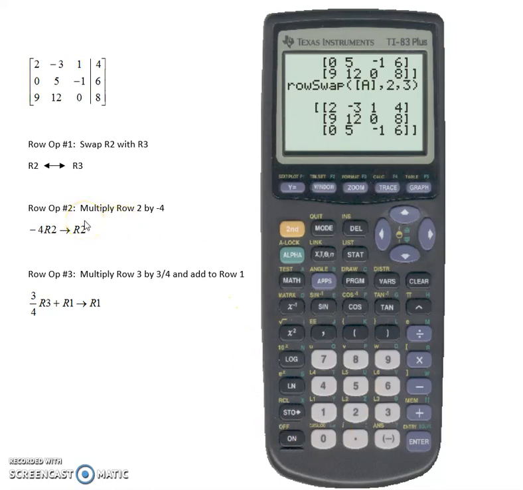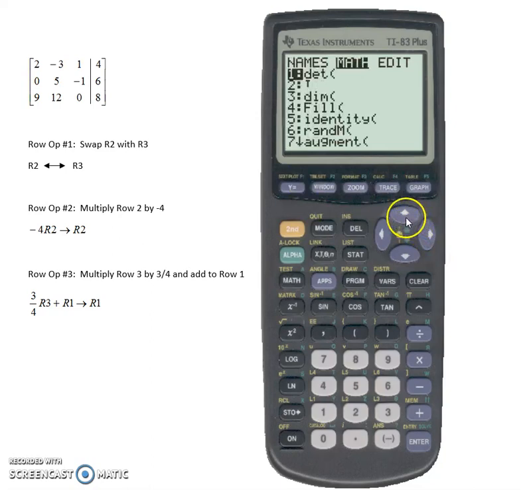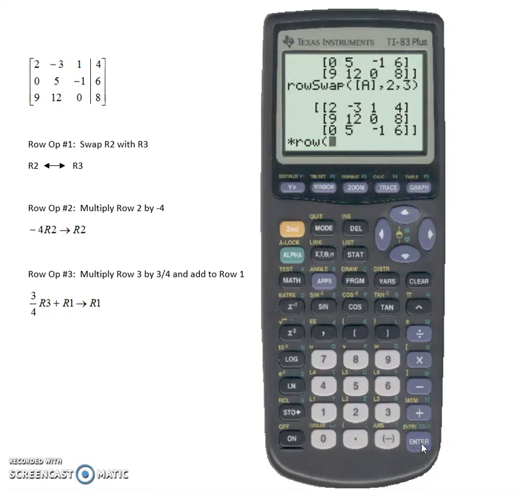So if I want to do row operation number 2, which is to multiply row 2 by -4, again I'm going to go back into matrix, scroll over to math, use my up arrow to get to my row operations, and choose the row operation that's star row, and I hit enter. First thing I put in here is what I'm going to multiply the row by. So I enter -4 followed by the comma,